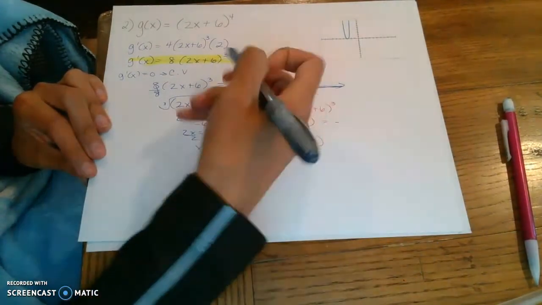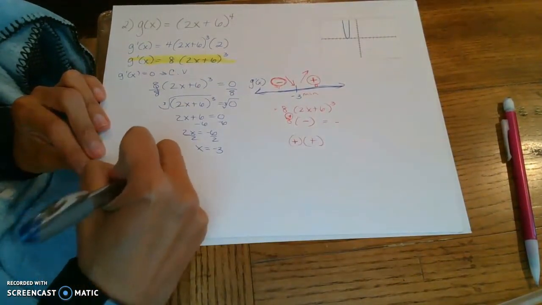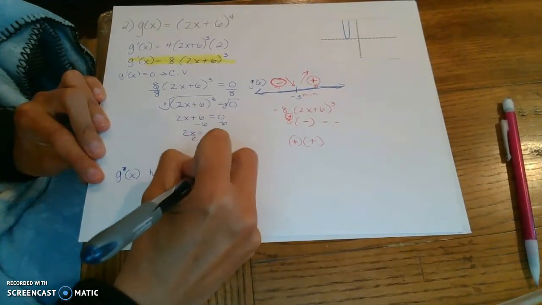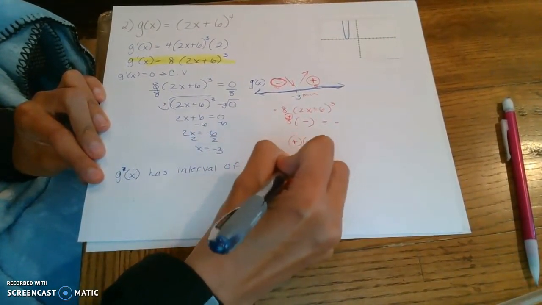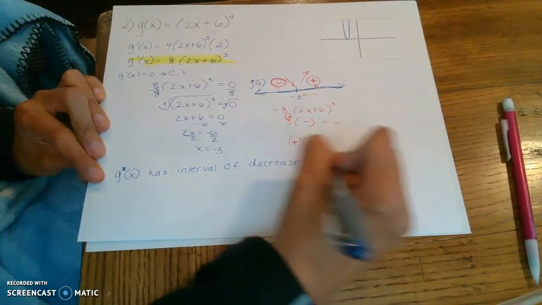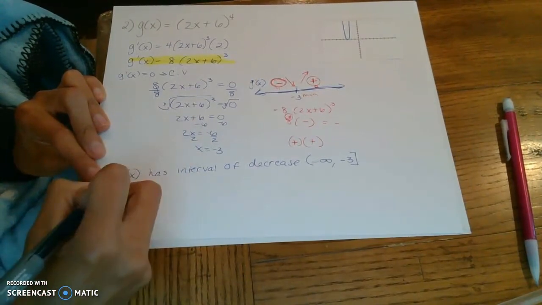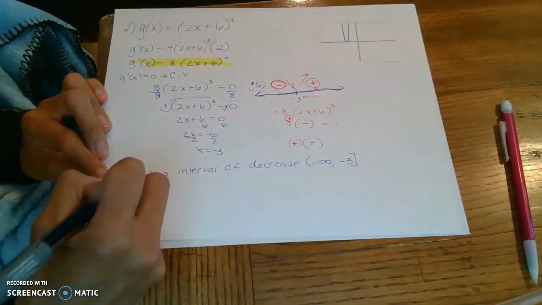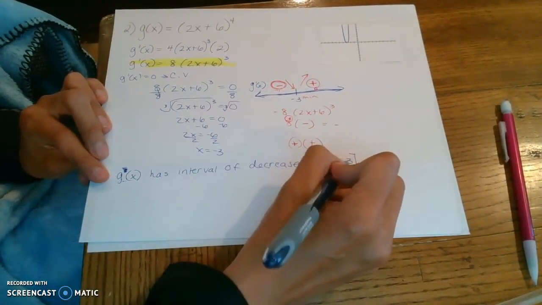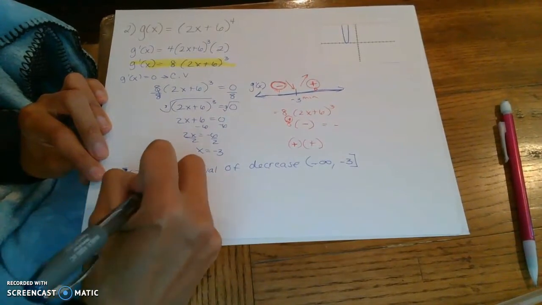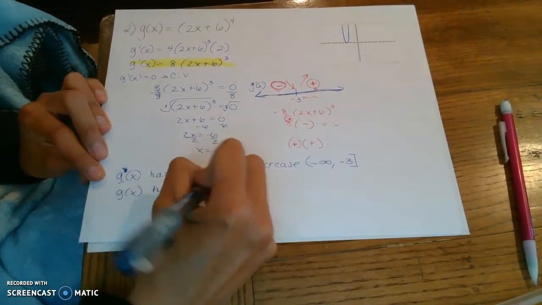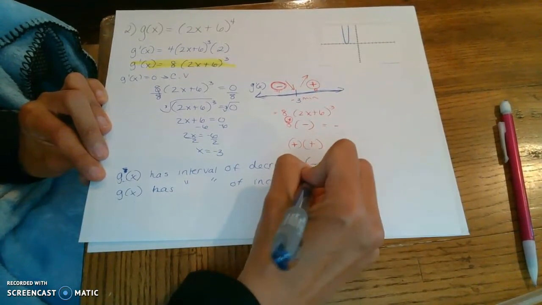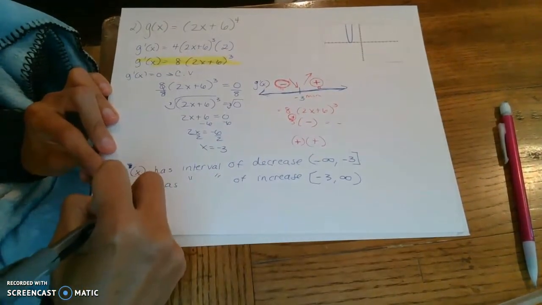All right, so what do I get from this test? I'm sorry, not the first derivative, g of x has an interval of decrease from negative infinity to negative 3. Now, make sure you know, look, I am glad I almost made that mistake to highlight that. Here, g of x, not g prime of x, has the interval of decrease. The original function is decreasing from negative infinity to negative 3. And then g of x has an interval of increase. Well, that's from negative 3 to positive infinity. All right, and then I decided, yes, I have a minimum